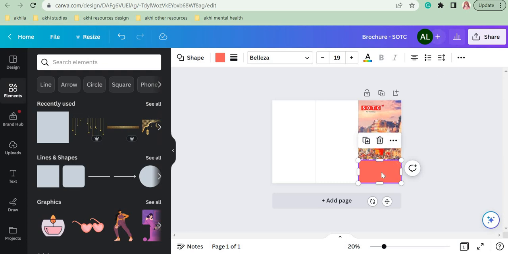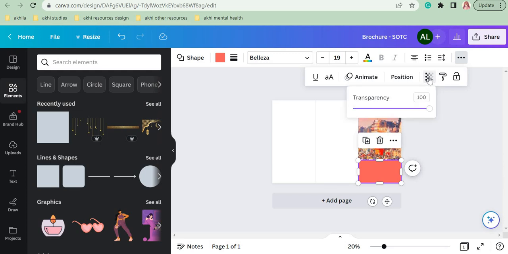So to do that, first select your rectangle. You can see there is a 3-dot button here called More. Click on that 3 dots button. Okay, and you can see there is a chessboard symbol over here. Click on that symbol. You will see one purple color line here and there is a pointer here, just like your anchor point. Click on that pointer and bring it little bit to the left. Can you see what has happened to the rectangle? You can see the rectangle, but you can see the photo also behind that. So this is what the transparency option does.